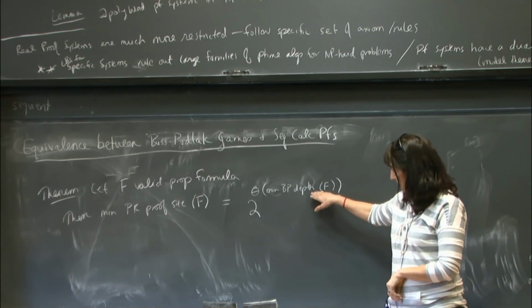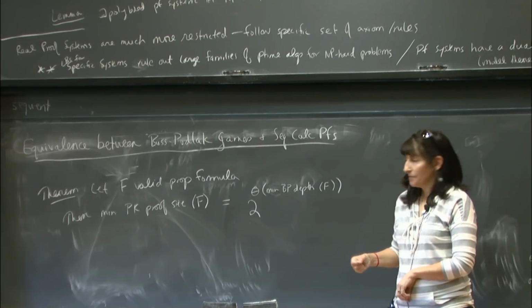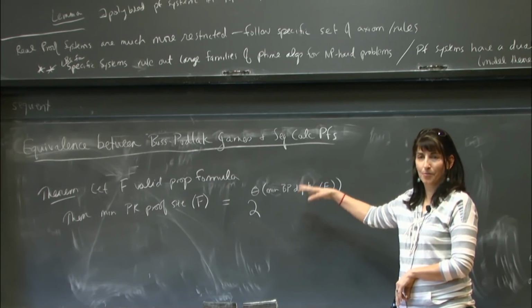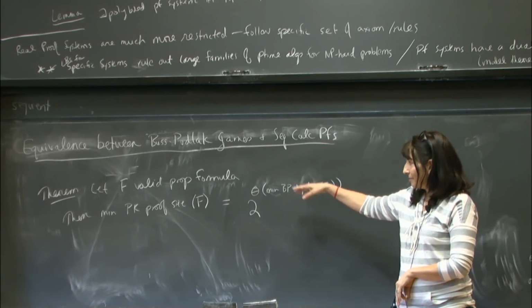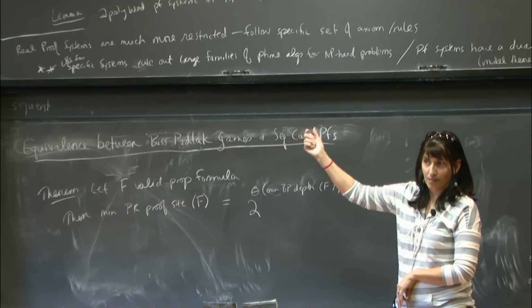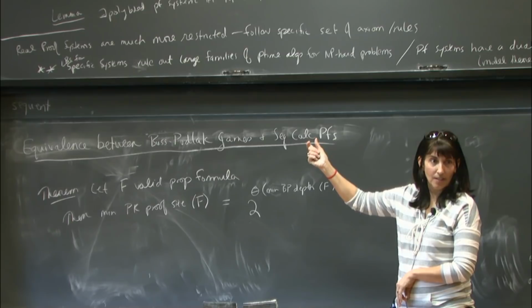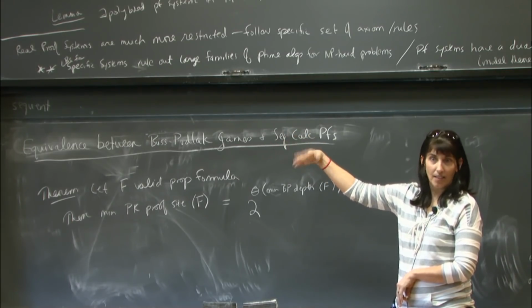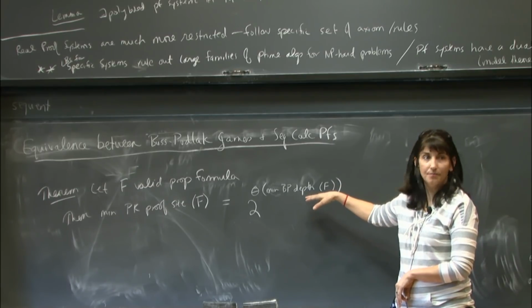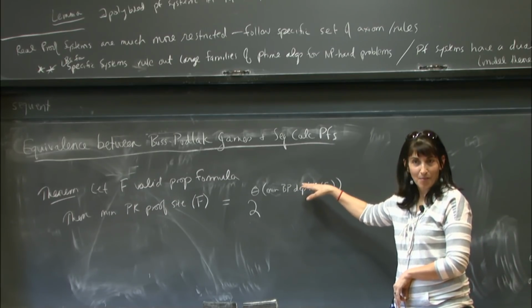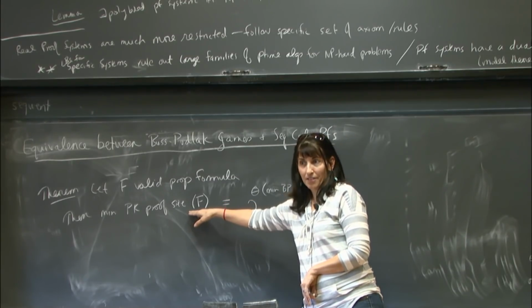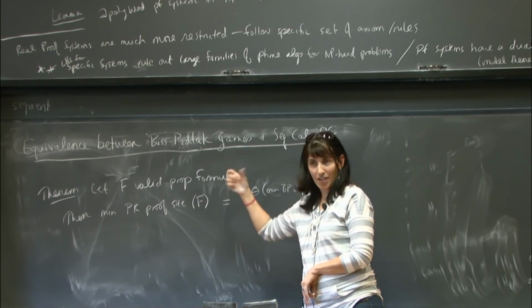So the depth really does exactly characterize the size. Okay, and the theorem is very general, the proof is very general. So, I set up the sequent calculus there, so it's for binary AND and OR, but I could have changed the rules to be unbounded fan-in AND and OR, and in that case, I would still get the same thing, but now the PK proof would have only bounded